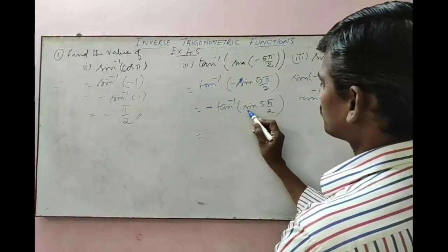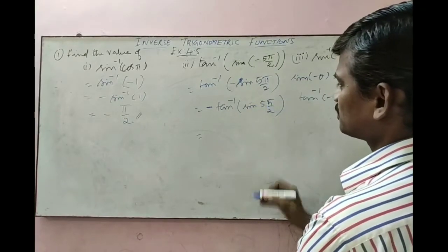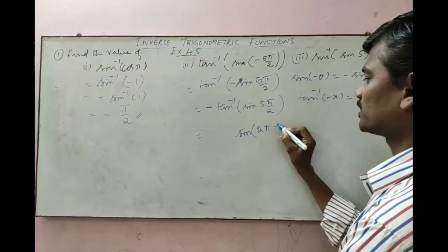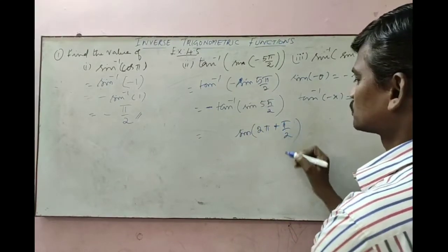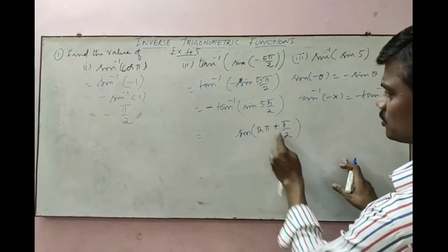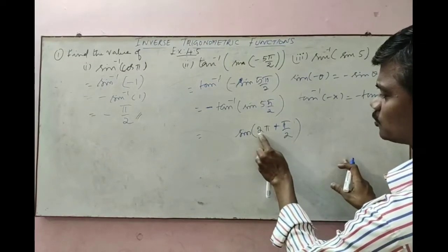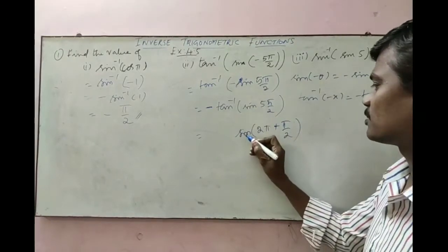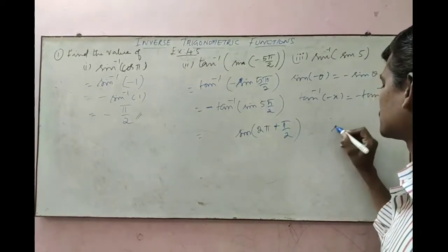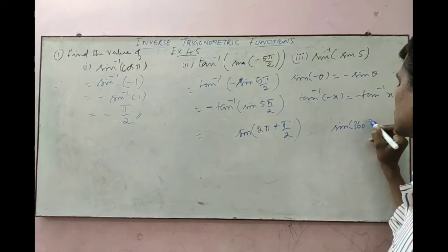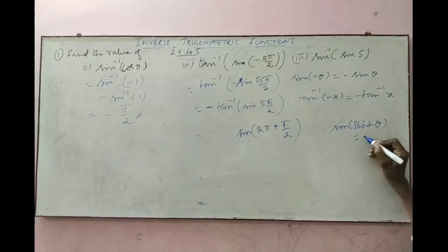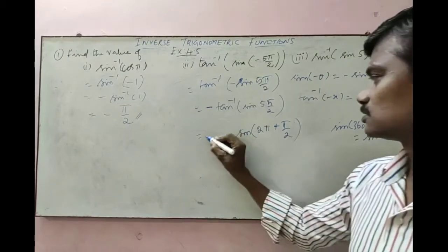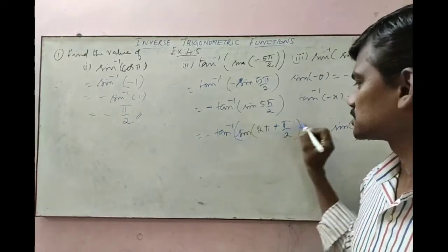We don't know the value of sin 5 pi by 2 straight away. So I am going to split this as sin of 2 pi plus pi by 2. 2 pi plus pi by 2 gives 5 pi by 2: 2 pi into 2 is 4 pi, 4 pi plus 1 pi, 5 pi by 2. So this is in the form of sin of 360 plus theta. Sin of 360 plus theta gives sin theta, since it is in the first quadrant.